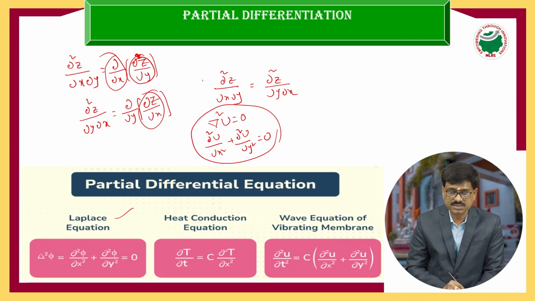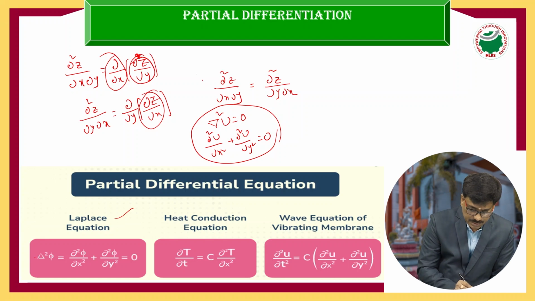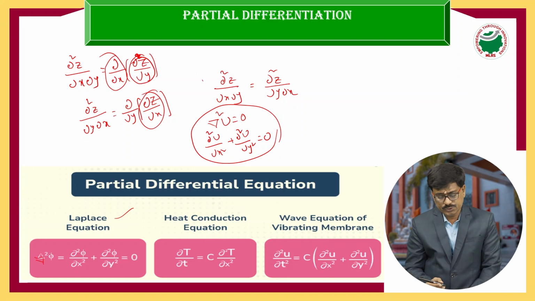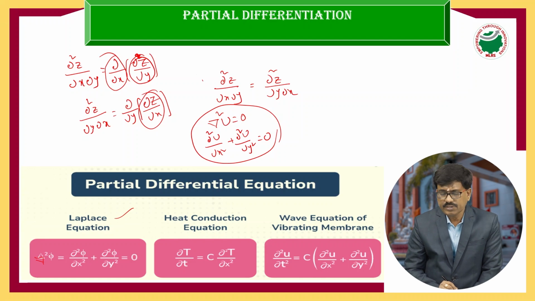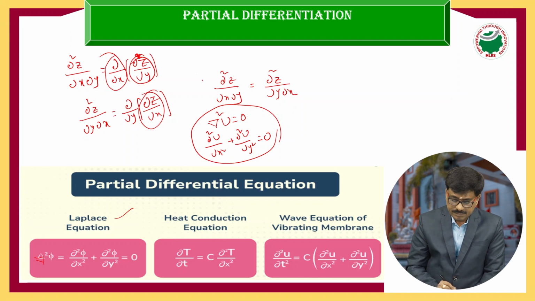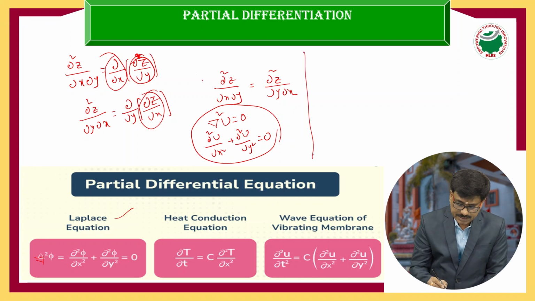Okay, this is a Laplacian equation: del square phi equal to 0. Come to one more equation, which is called the heat conduction equation. For this heat conduction equation, dou T by dou t is equal to C into dou square T by